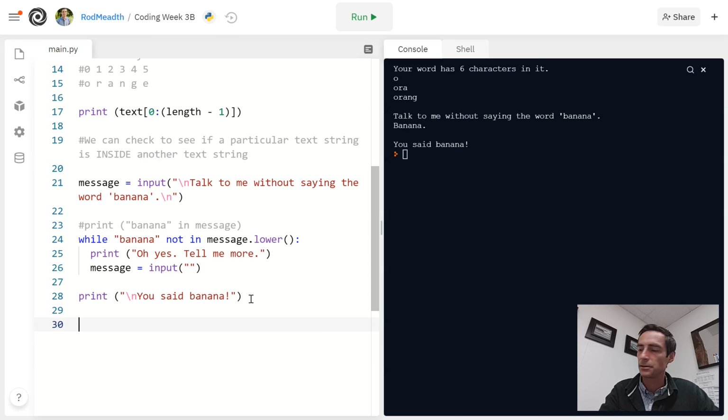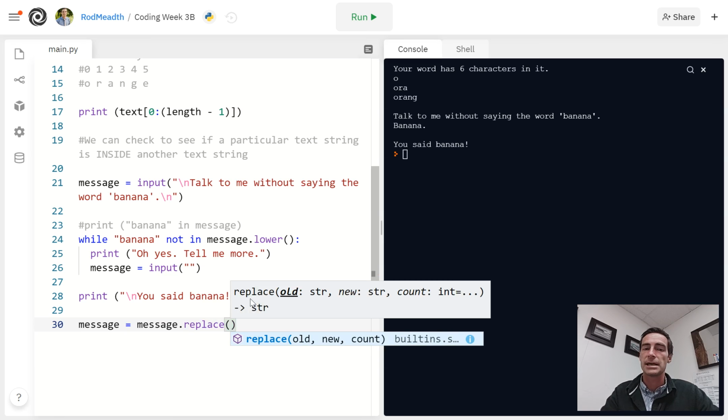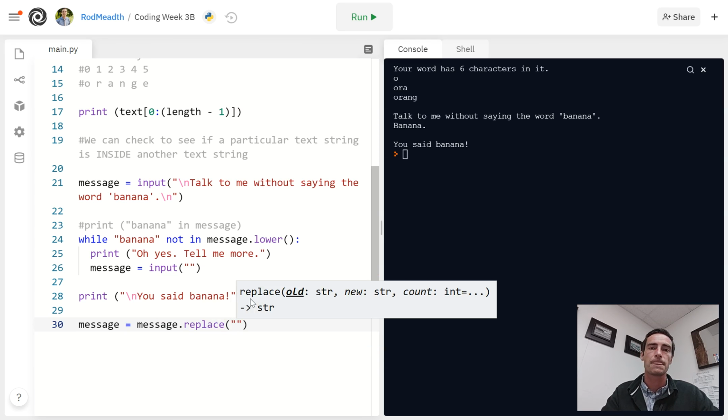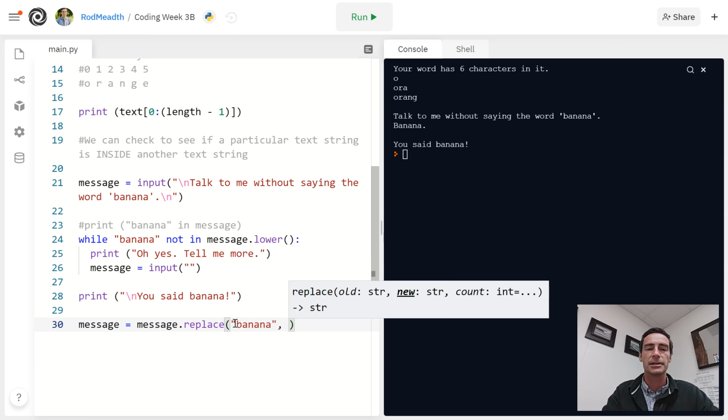You can replace things. You can take the person's message and you can rewrite it or redefine it, okay? With another little dot, you can say replace. Well, maybe we'll replace banana. How about that? Replace banana, comma,